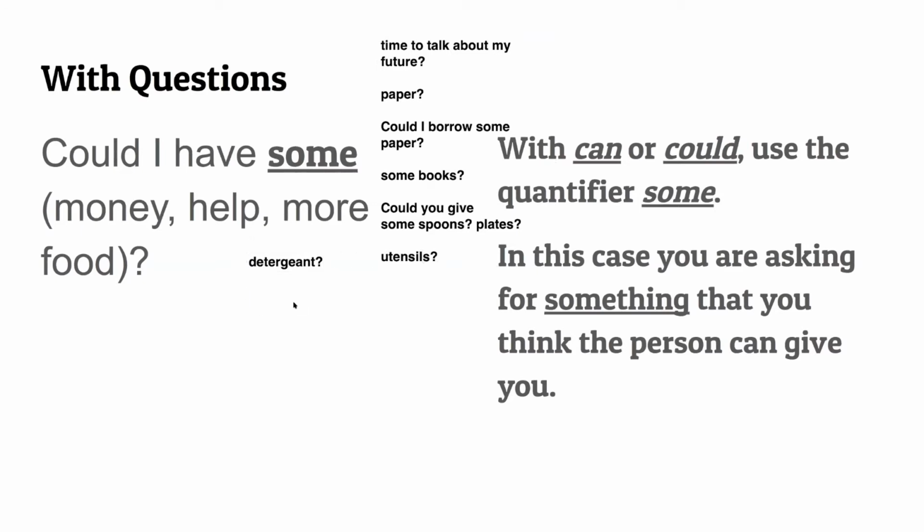So in this case, notice we're not asking if it exists. We're asking because we know the person has it. We know the person has some of these. Can I have some of them? So in this case, the question's a little different now. It's not, can I have any spoons? In this case, I know you have the spoons. I need them for putting them on the table. Or if you're in the classroom and you see someone has some paper, can I borrow some paper? Because I can see you have some paper. I'm not asking you, do you have any paper? So in this case, the word some is often used with words like can or could. So that could be a good example for how we use it. Okay, let's move on to our next screen.